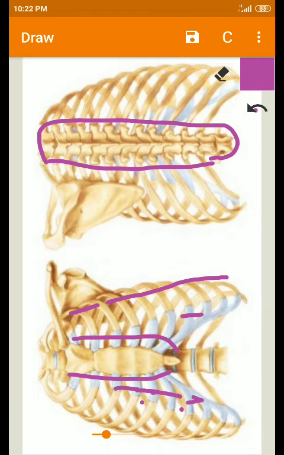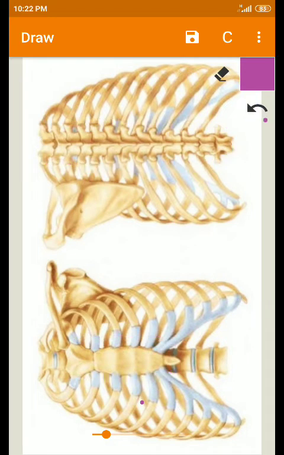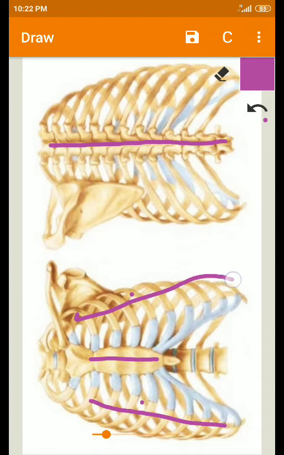Okay, so again we will see the formation. It is formed anteriorly by the sternum, posteriorly by 12 thoracic vertebrae. On the sides, it is formed by 12 pairs of ribs and its costal cartilages. So, this is the formation of thoracic cage, and each of the parts is articulating with